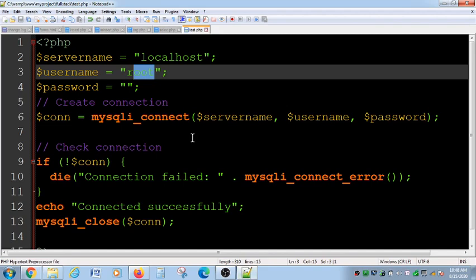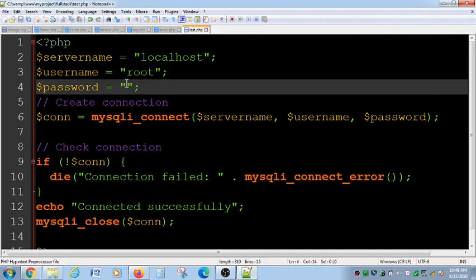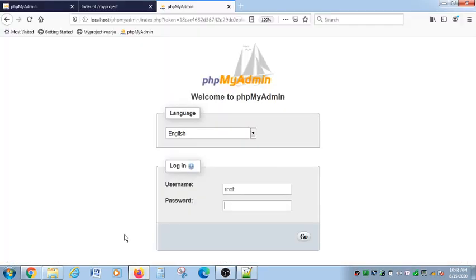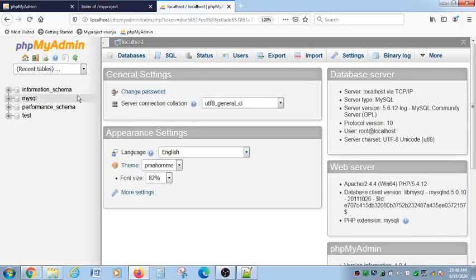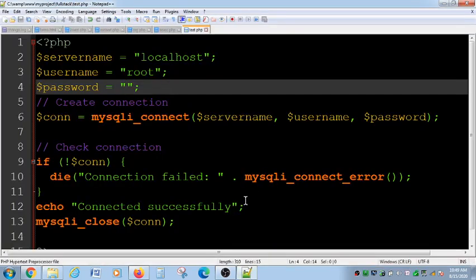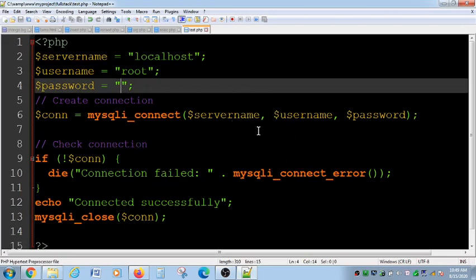In this case the password is blank, so we are giving a blank password. And I can also tell which database my PHP should connect to, to fetch or store the information. For all this purpose, I need some commands where I can instruct my PHP to do a particular task.